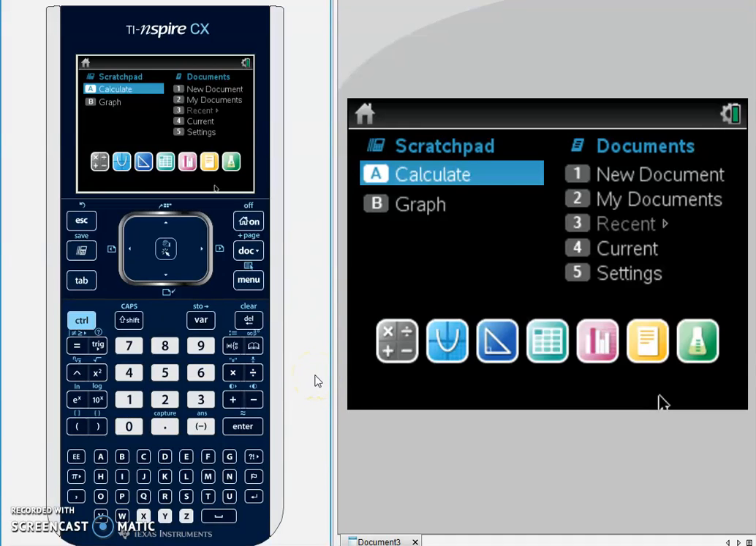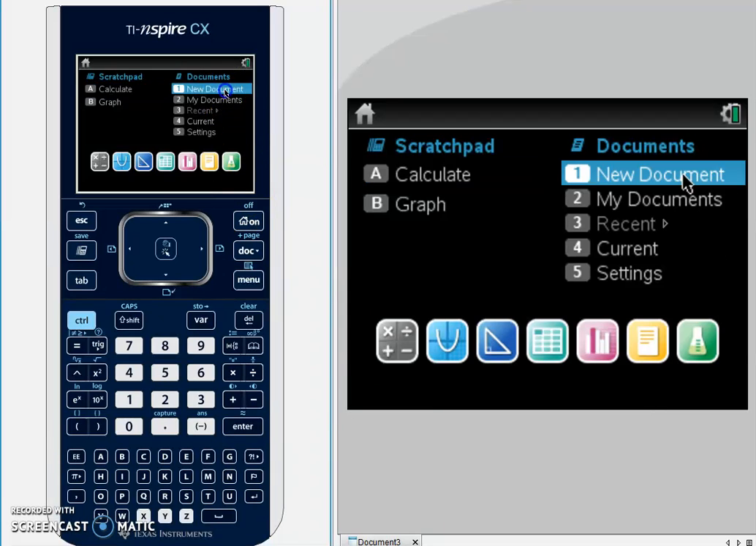Today I'm going to show you how to perform a linear regression using the TI-Nspire graphing calculator. To begin, we're going to start from the home screen, which you can find by clicking on the House or On button at the top of the calculator. From there, we're going to open a new document,